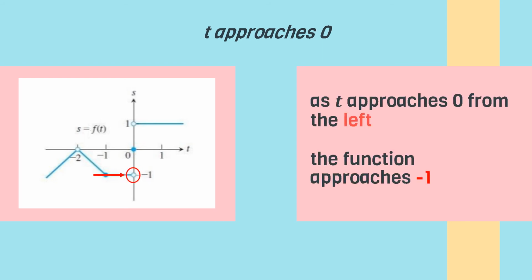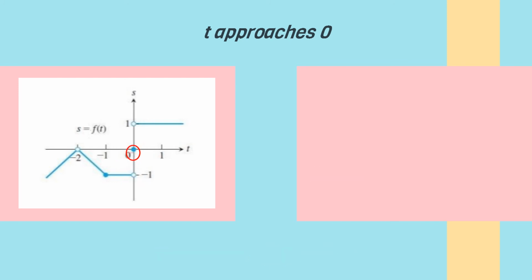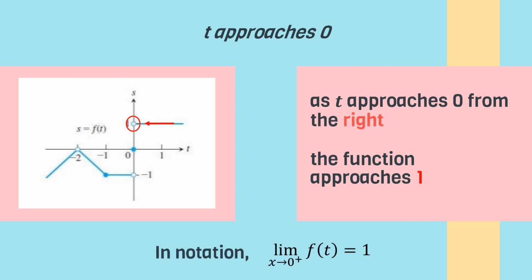Now, let's try to find the limit of f of t as t approaches 0. From the left, we see that the function approaches negative 1. In notation, we write it as the limit of f of t as t approaches 0 from the left is equal to negative 1, while from the right, the function approaches 1. In notation, we write it as the limit of f of t as t approaches 0 from the right is